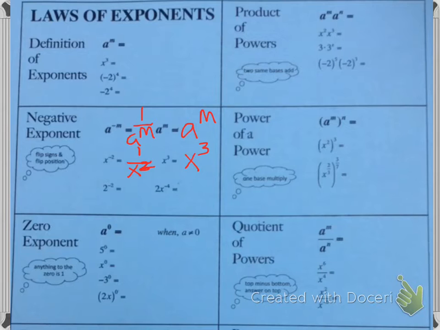Here I have a negative exponent. It will be 1 over 2 to the positive 2 power. You can also simplify this more. 2 to the second power is 4, so it will be 1 over 4. This one,